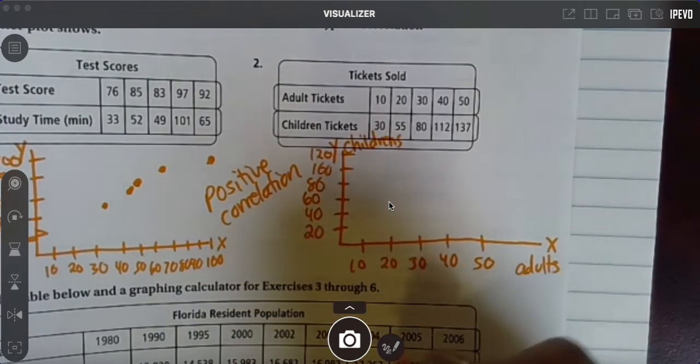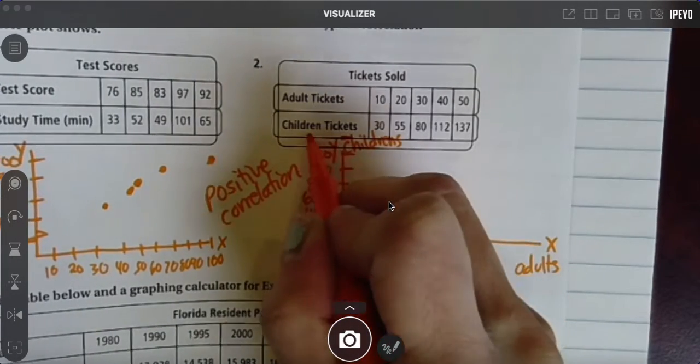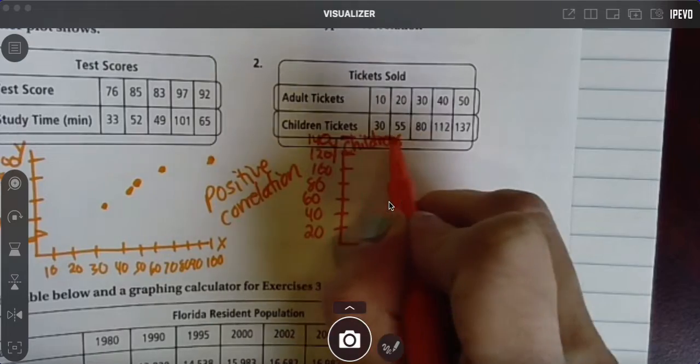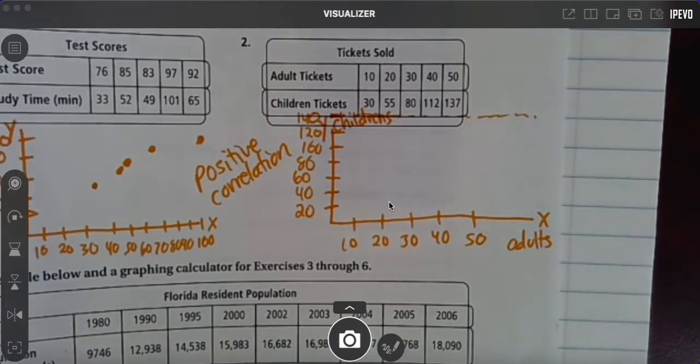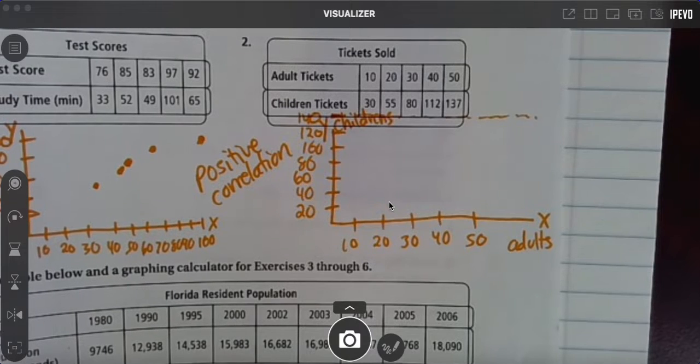What did I say? Oh, it goes up to 140. Yeah. So we'll be up here at this line. That's going to be the 140 line. You don't have to do that. I was just trying to make sure y'all could see it. So children's tickets,